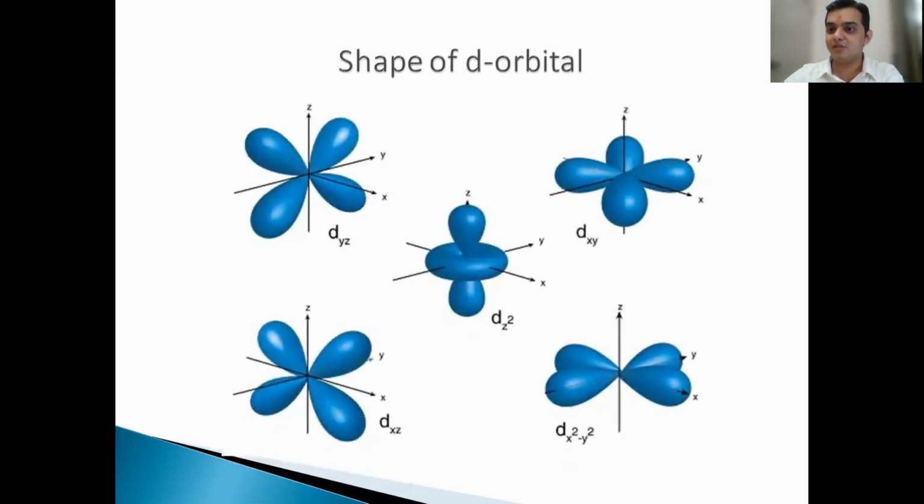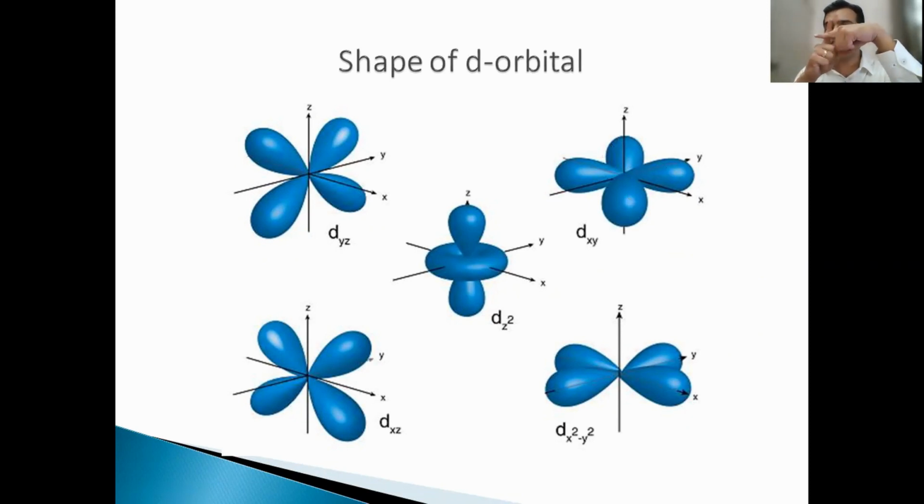Now let's go to the next subshell in the shell, the d orbital. The d orbital looks like this. It is a double dumbbell shape, with a dumbbell in both hands. Double dumbbell shape means dxy, dyz, dxz, and dx square minus y square. What does that mean? Dxy, which you can see on the right hand side, is not on x and y. Dxy is in between x and y.